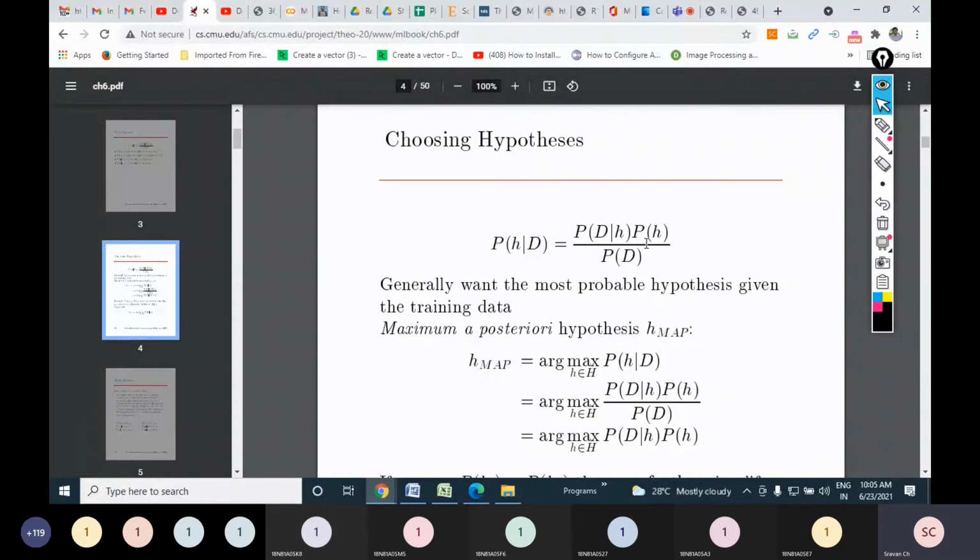So choosing a hypothesis. Friends, we can also use Bayes theorem in selecting a hypothesis. Hypothesis means the target function. Suppose for the same problem I have two types of target functions, H1 and H2. This is possible, you know very well. In decision trees we have seen, in candidate elimination we have seen, and even in neural networks it is possible.